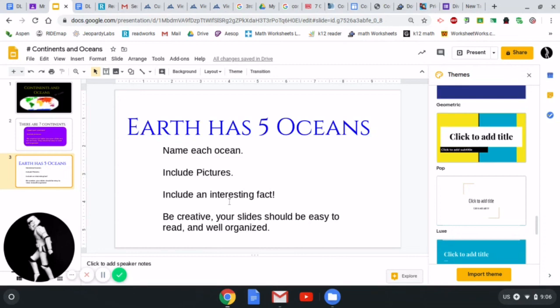interesting fact. You're not working on slides 4, 5, 6, 7, 8, 9, 10, 11, 12, 13, 14, or 15, maybe 16 or 17. You're not working on any of those. You're just working on these 3. Once you have them done, go up to that little share button, share it with me, because you're going to have to add new slides to this pretty regularly as we continue researching and studying the continents and oceans of